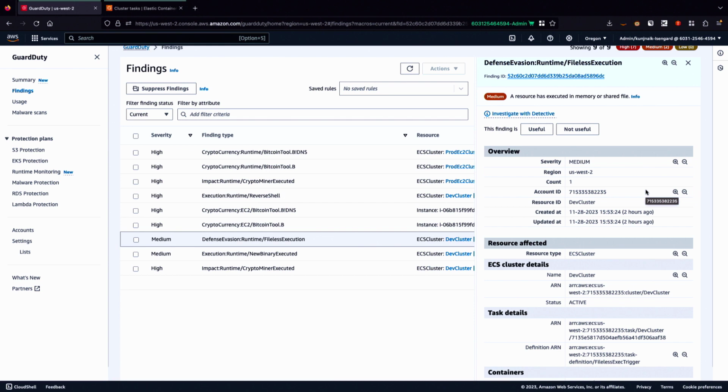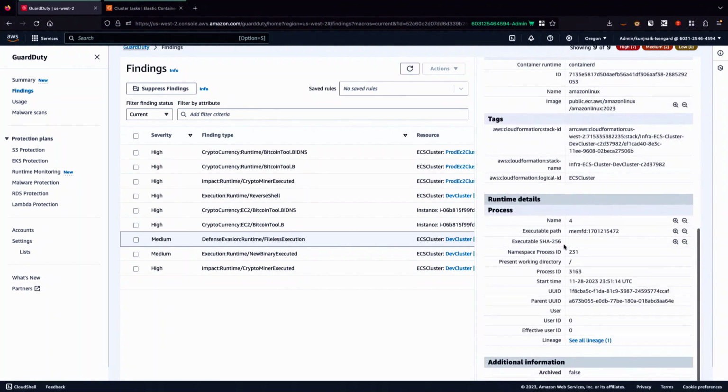The other one that I mentioned in the presentation is fileless execution. Again, it's starting to be used by more and more malware. It allows them to infect a running system. It only leaves traces in memory. There's no files on disk. So if you're just doing a regular anti-malware scan for a volume, you won't detect these, because the entire payload is contained in memory. In this case, again, you can see the executable path, which is how this is displayed